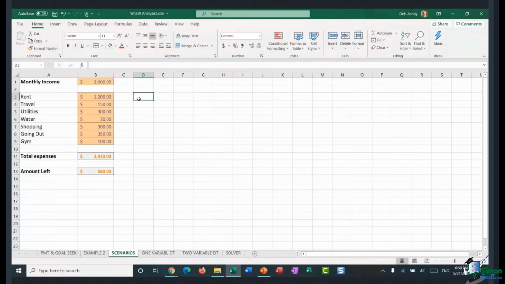Now, what we're going to do here is this is my current budget. Now, what if I want to see what my overall budget is going to look like if I take that promotion that my manager keeps trying to get me to go for? I then might want to see what my monthly budget looks like if I decide to go for that new job that I've been eyeing up.